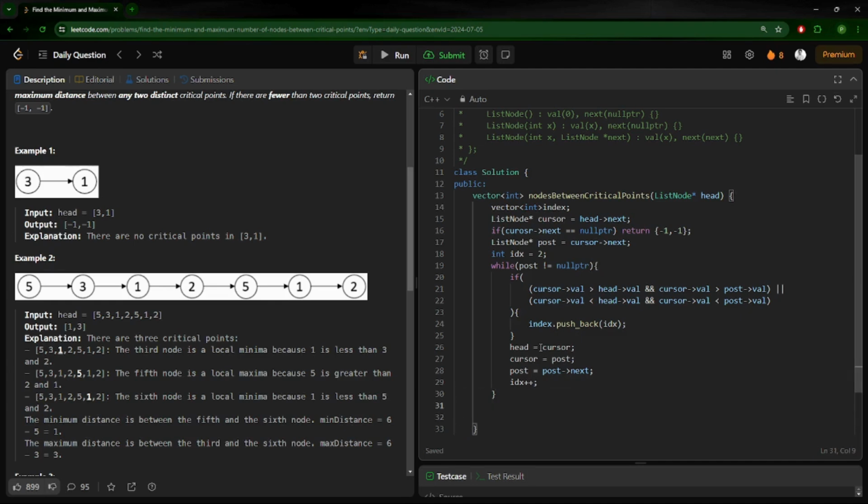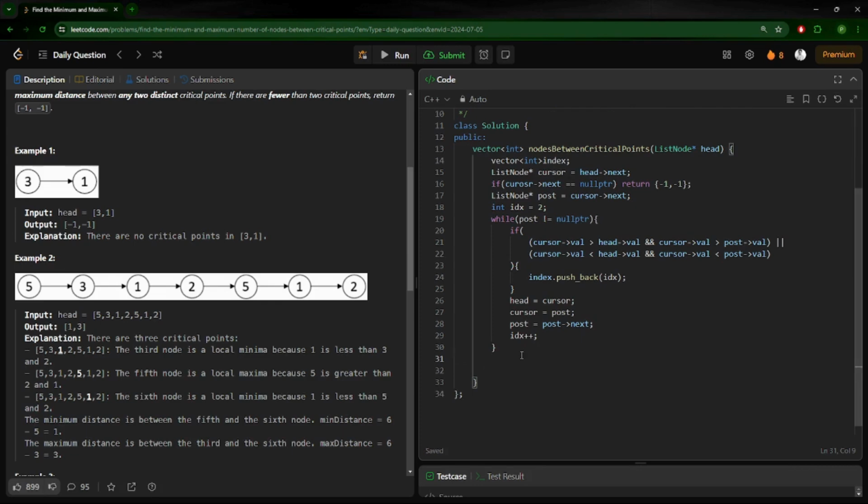Now, once we have this, there will be again a condition that we have to check. If there are fewer than 2 critical points, that means we don't have any answer. So all we have to do is return again the -1 -1. If index dot size is less than 2, then return -1 -1. And if that is not the case, then we can find our maxima from the absolute difference between index of 0 minus index of index dot size -1, that is the last element. And for int minima, I will set it to maximum,